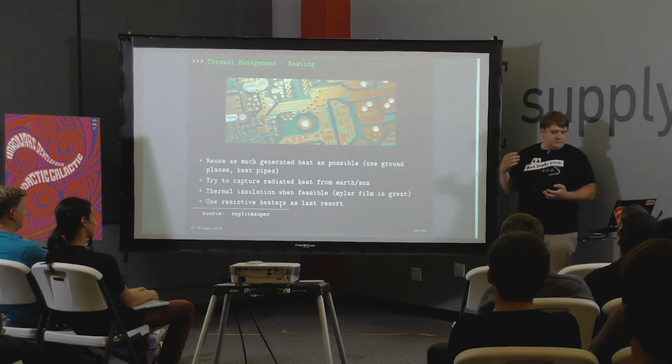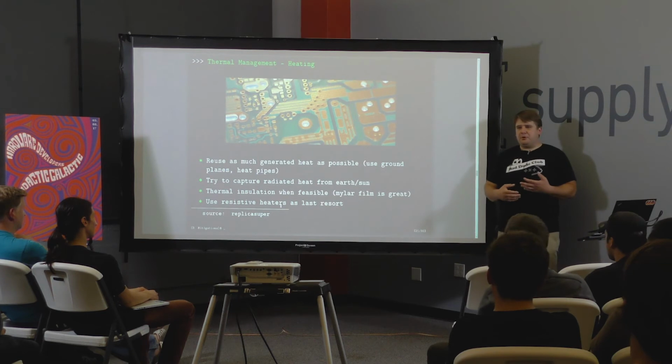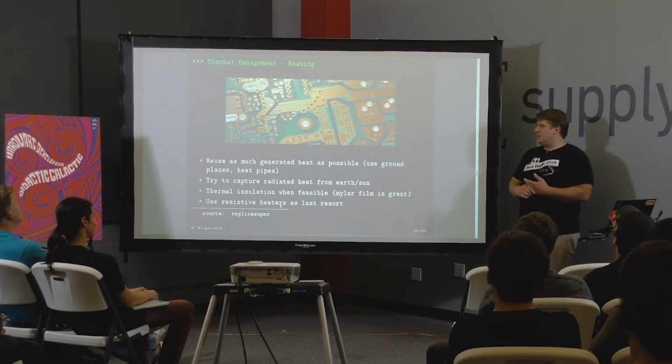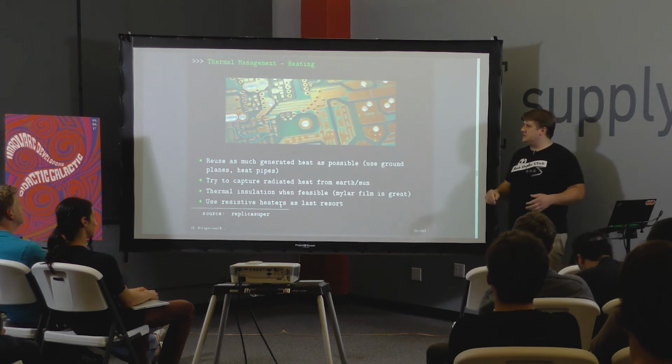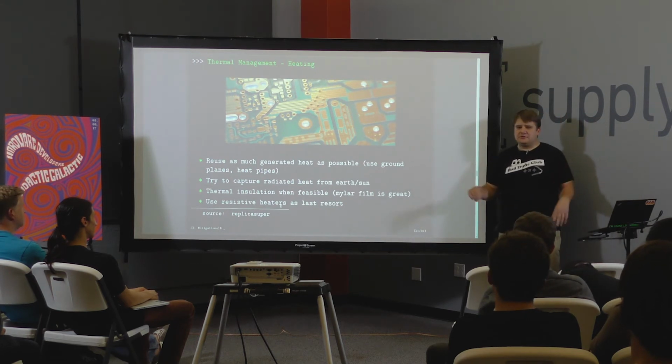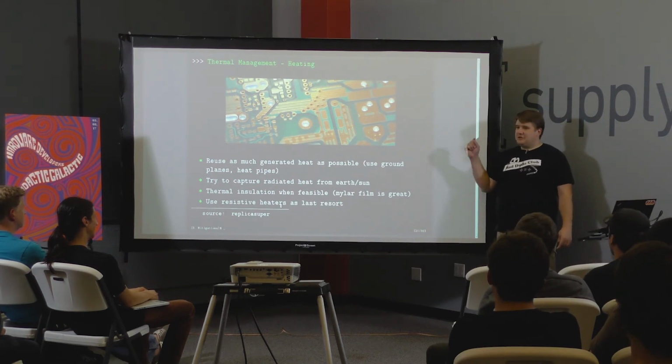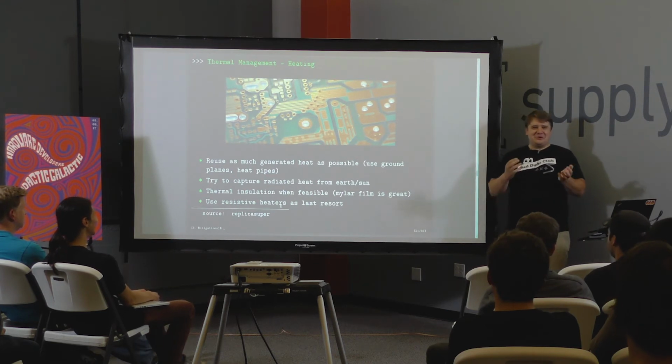Heating. So you're going to have some really hot parts on your PCBs. Like you have DC-DC converters, the inductors will get warm. You might have some fancy CPUs that generate a lot of heat running Linux, whatever. Save that heat. So try to use the ground plane inside your PCB as much as possible to move